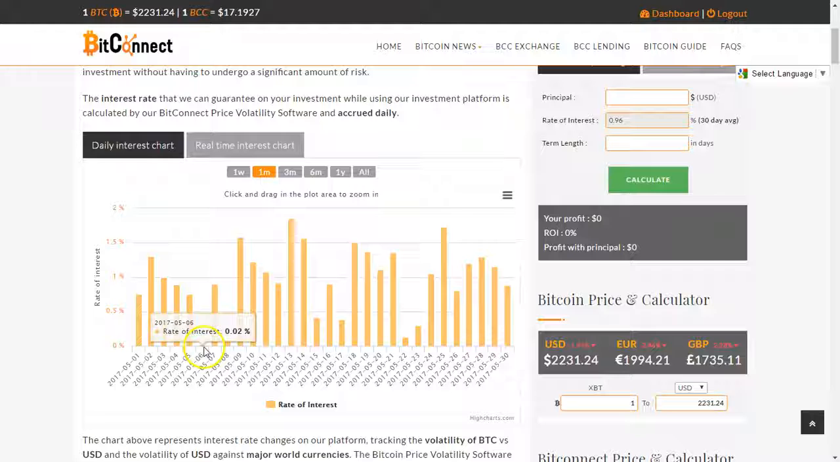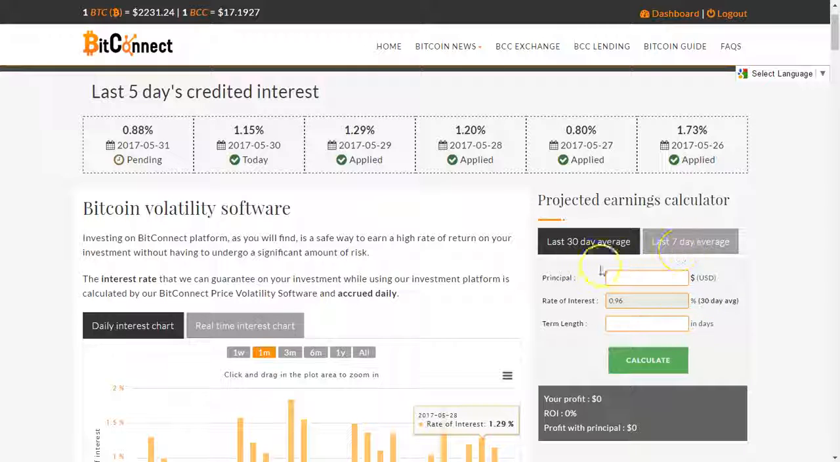we have a bad day, if you will. Just a couple of days in the month where it's below 0.5%, but even more of those days are above 1%. So again, I'm looking at this as an opportunity that is probably going to return at the minimum a 0.5% return. But this does a 30-day average up here, and you can look at it from the last 7-day or